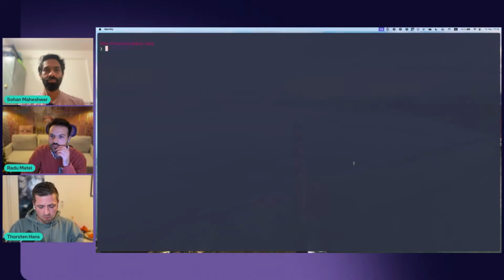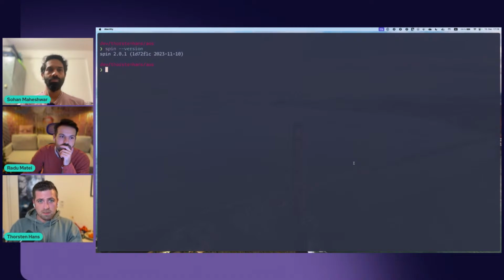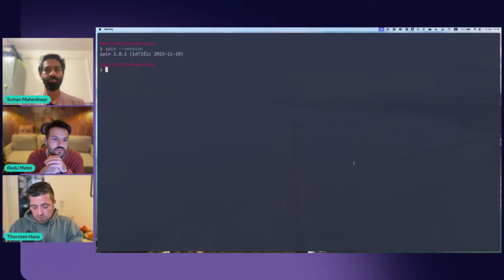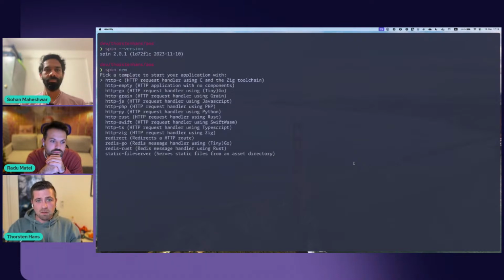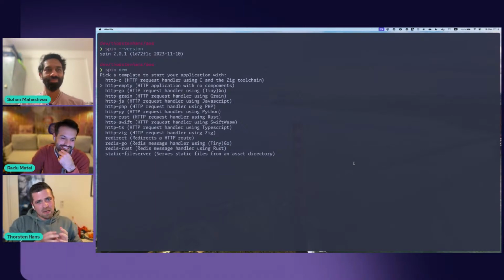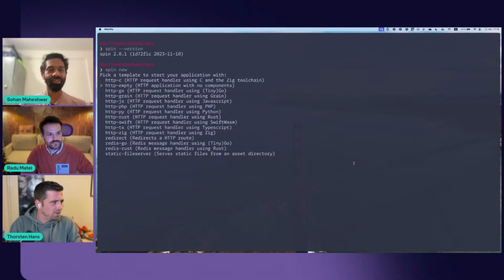So I have already installed Spin on my machine. I've installed Spin 2.0.1 over here, which I can use to follow the instructions, like saying, hey, create a new application. And I think, Sohan, you discussed this already with Mikkel in the stream before, which template to pick. I'm in that team that chooses HTTP empty, because this allows me to structure the app, even if the app grows later on a little bit. It gives me the flexibility to structure the app as I wanted to.